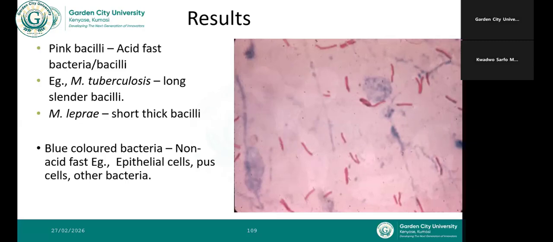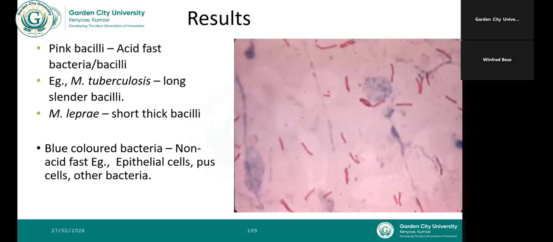If it is acid fast staining and you are seeing pink, what does it tell you? If it's acid fast staining and you are seeing pink, what does it tell you? Acid fast. This is not gram staining. For gram staining, pink is gram negative. But for acid fast,